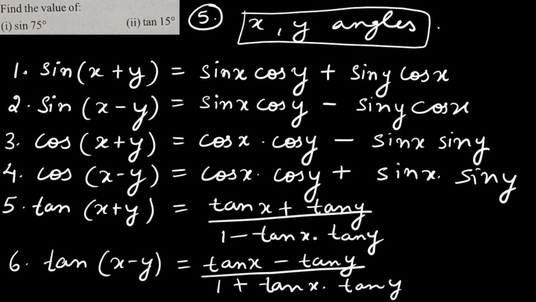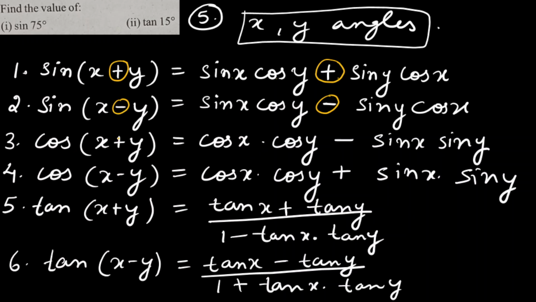So these formulas are easy to learn. I'll just tell you a trick so that you can easily remember them. If I have sine x plus y, here the plus sign is there, so here also a plus sign. In case of sine, if a minus sign is there, here also a minus sign. The pair is sine cos, sine x cos y, sine y cos x. Again here sine and cos, here also sine and cos. So sine cos are together, but the signs are the same. If this is plus, here also plus. If this is minus, here also minus.